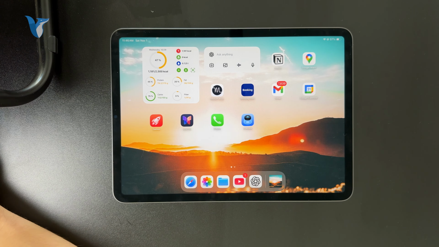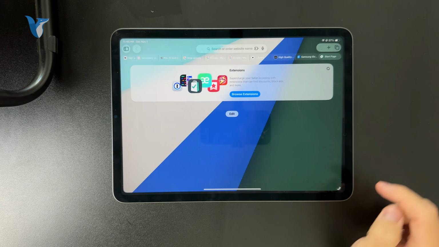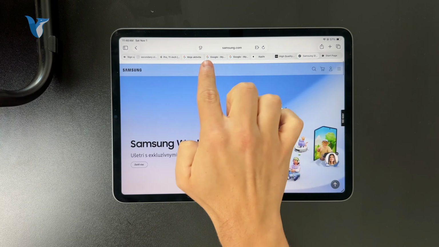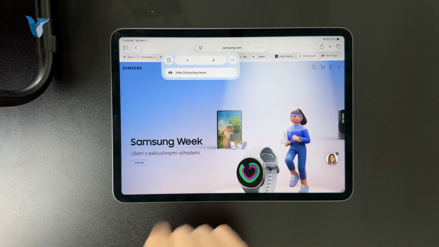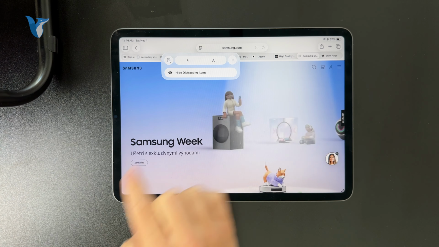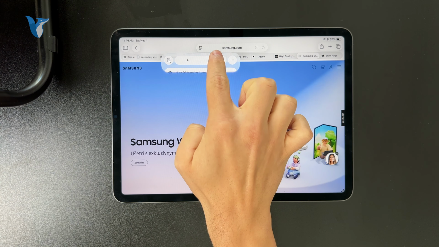Okay, on your Safari web page, just locate the URL bar at the top, so you can see this is the full web page. Next to it, we have this rectangle button with lines. You click on it, and below you can see we have the small A and the large A